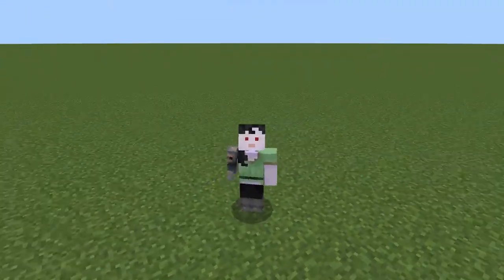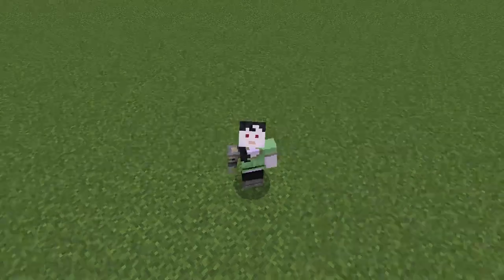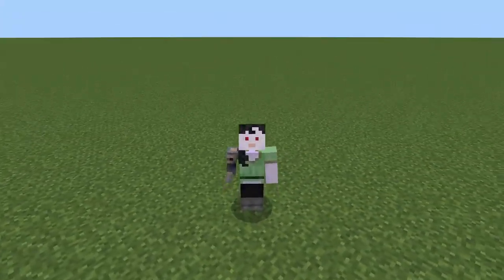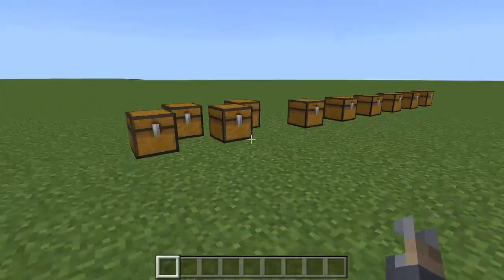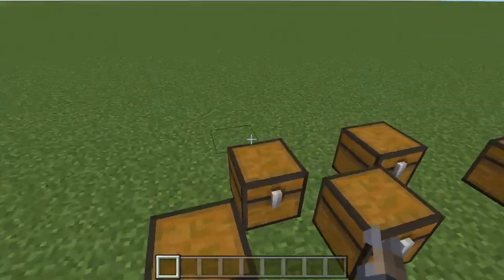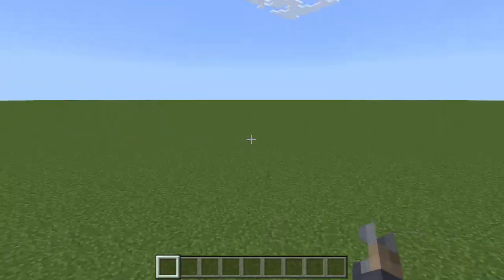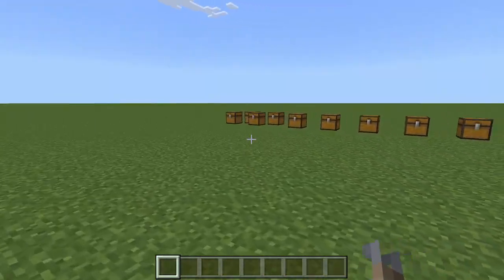I don't know how to start this. Hi everyone, I'm the Entity of Darkness. And as you can see, I have a bunch of chests, and I'm in a flat creative world. So what I am going to do is,